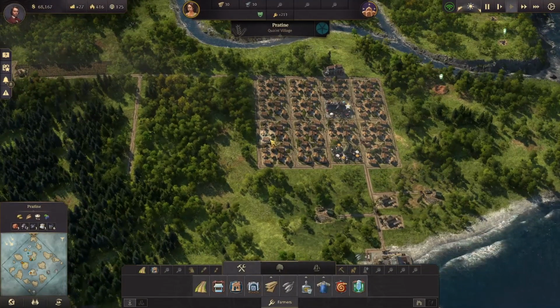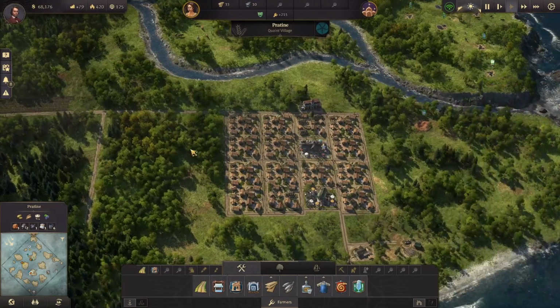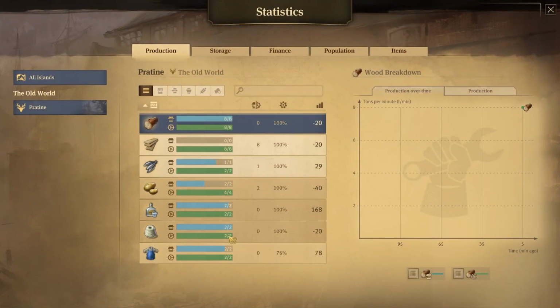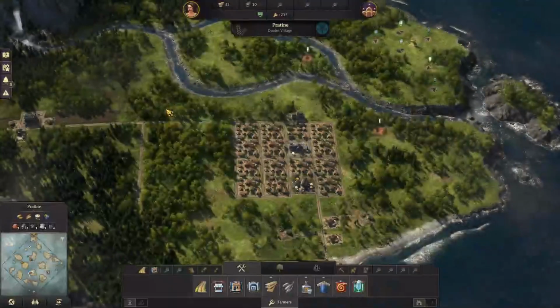Okay, so our work clothes have now been produced. Notice we're about 42% and they're slowly growing, and we can see that our balance is increasing. So realistically, in the early game especially, you want to keep an eye on your production. So you don't want to add too many of these buildings, or else you'll end up running into some steep